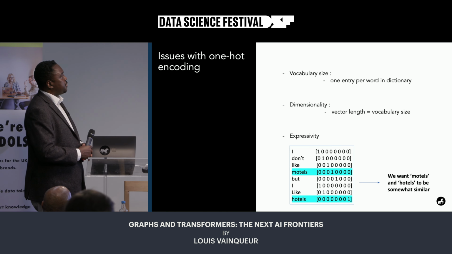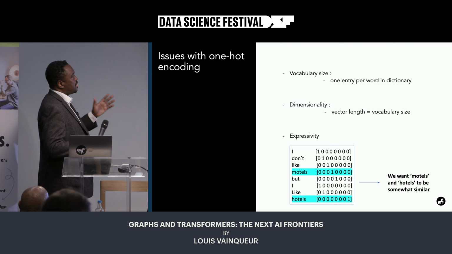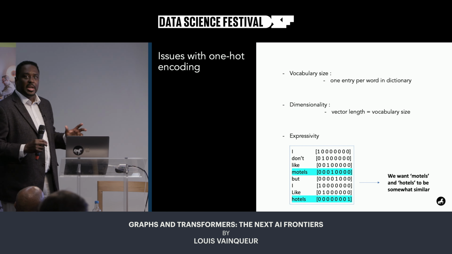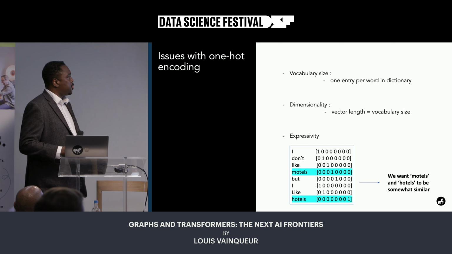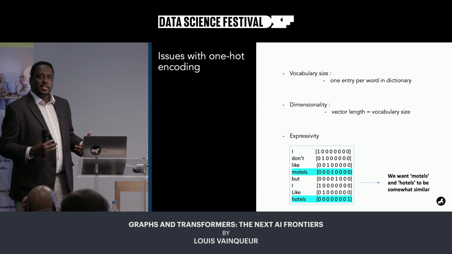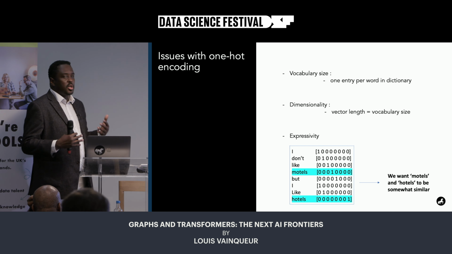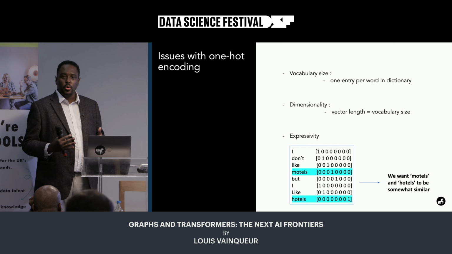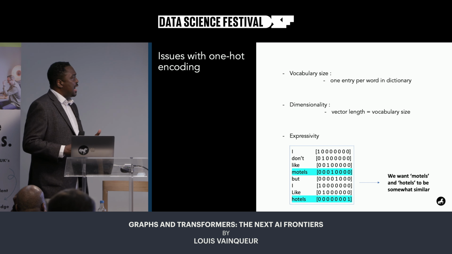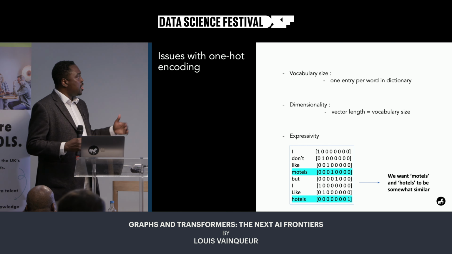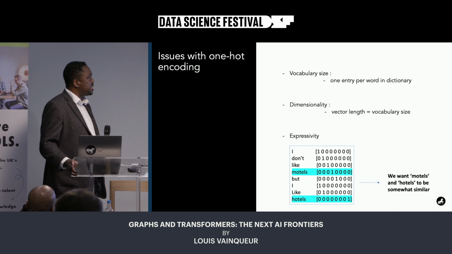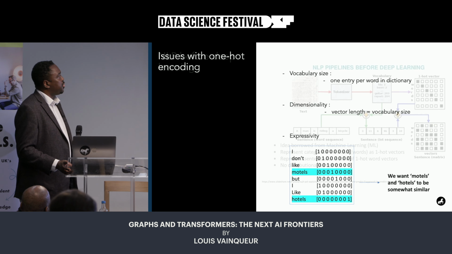Another issue we had with one-hot vectors is that they couldn't really understand similarity. In a sentence like "I don't like mortals, but I like otters," implicitly in the semantic space, you would want mortals and otters to be quite close. But when you model those words as one-hot vectors, they are not similar at all. They are even orthogonal. That was a weakness of this previous approach.